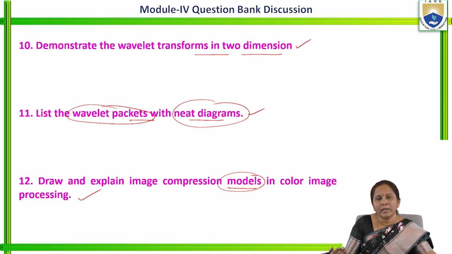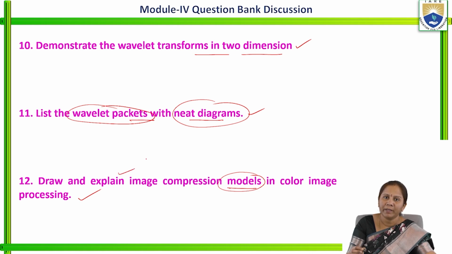Here in that block diagram, we have seen two important blocks, encoder and decoder. Again, internally in the encoder, we will have some internal blocks. In decoder, we have other internal blocks. All those blocks are discussed in detail in our previous sessions. So that block diagram we have to draw here and explain, especially about encoder, decoder and its internal components.